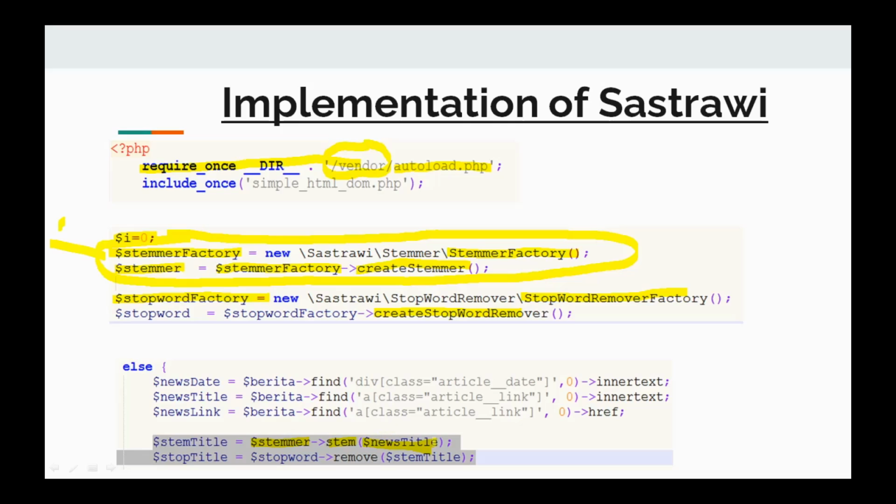The result of stemming is stored in $stem_title. For the stop word removal, we use the result from the stemming process in the remove method as the argument.